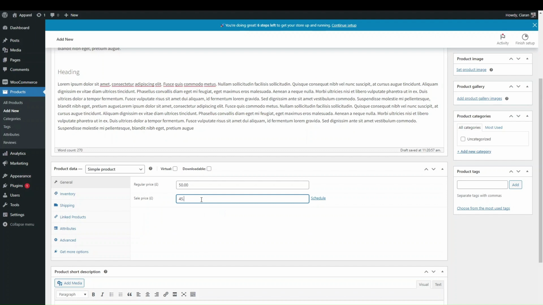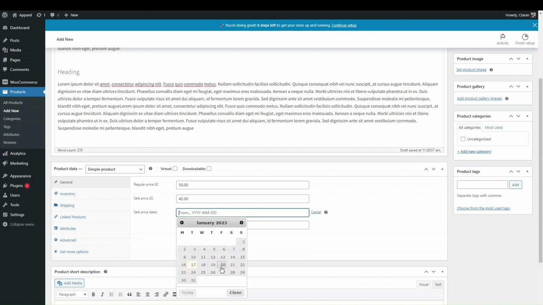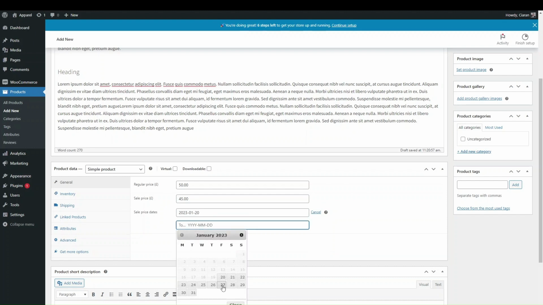This is pretty useful then if you wanted to add a sale to some of your items, and what you can also do is schedule that sale. So what that means is, if you know that this item is going to go on sale between the 20th and the 27th, then instead of reminding yourself and making sure that you put it on sale manually on the 20th and then